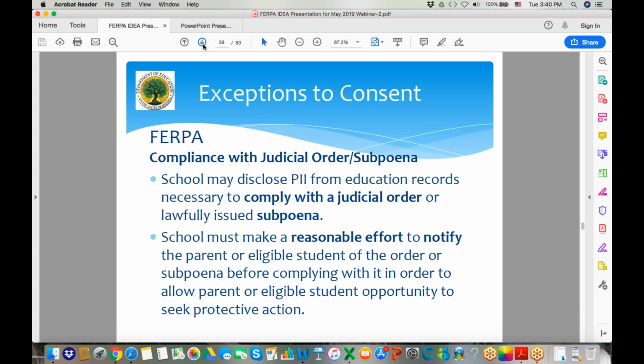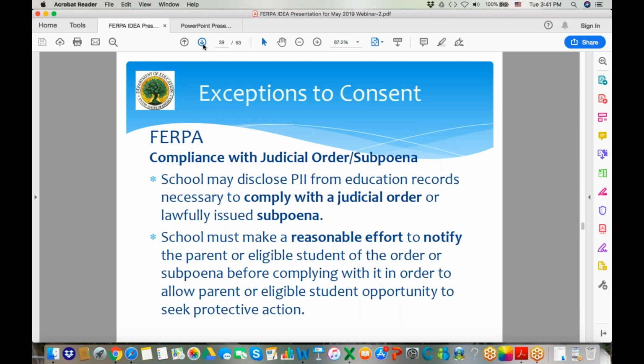There are a couple of exceptions to that, if it would be a grand jury subpoena, or there are a couple of different caveats, that if it's a certain type of subpoena the school wouldn't have to make a reasonable attempt. But in general, when a school gets a subpoena or judicial order, they make a reasonable attempt to notify the parent, and then they act on that judicial order or subpoena. Anything you needed or wanted to add to that, Kala, in the IDEA context? No, thank you.